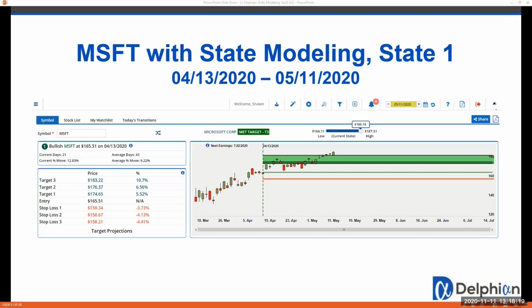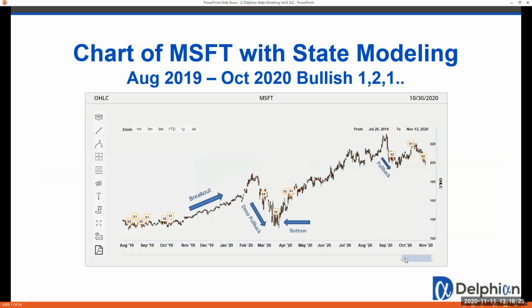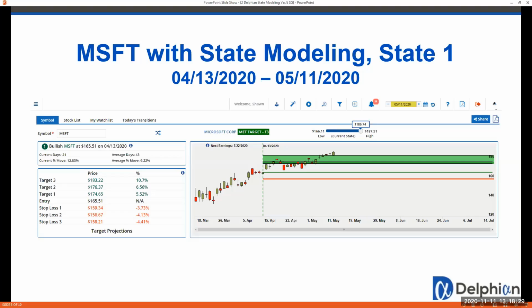So I pulled the April 13th date just to match up with the date, like I mentioned, after the state 4, state 3, state 1 bottom. So you can see on April 13th, which we're looking at here, Microsoft went into our bullish state 1 at a price of 165.51. So when state modeling brings this information to you, we bring you the targets, the potential